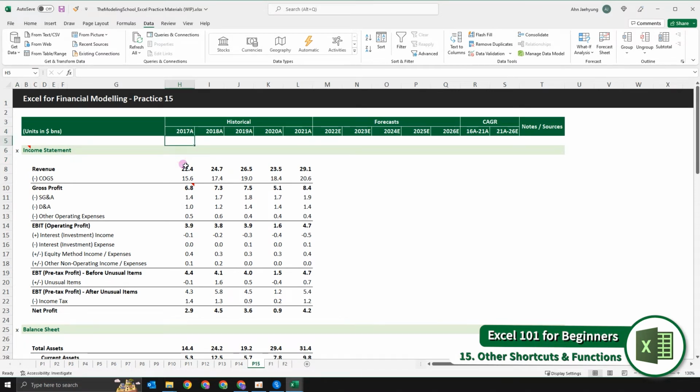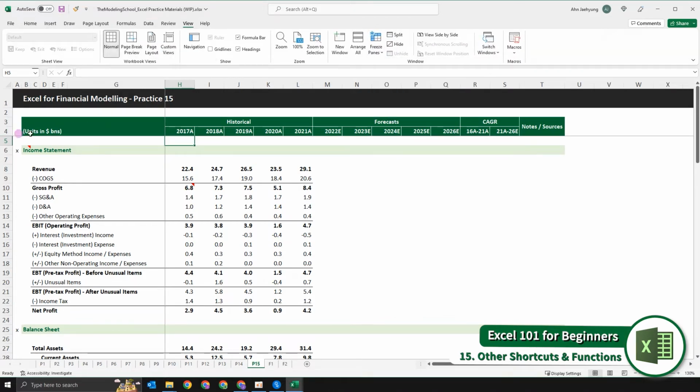The shortcut would be Alt WFF, and you want your Excel cursor to be on the right bottom side of the panes you want to freeze. So if you want to freeze it like this, you want your Excel cursor here. Alt WFF, and now you have a